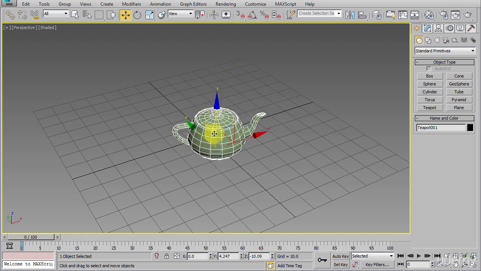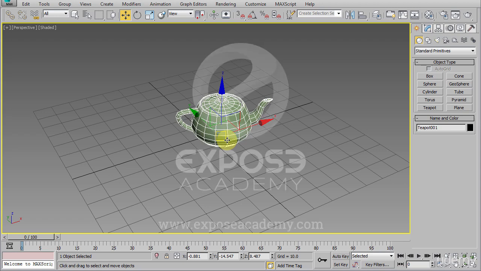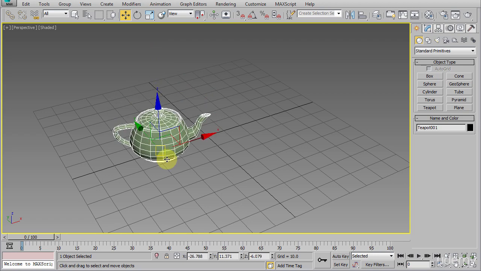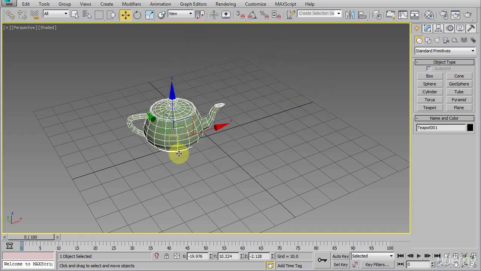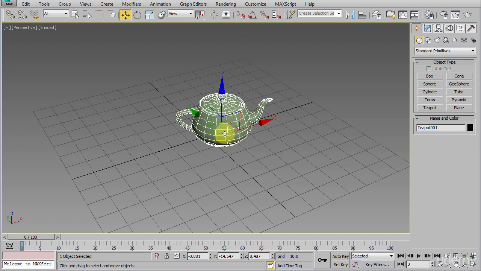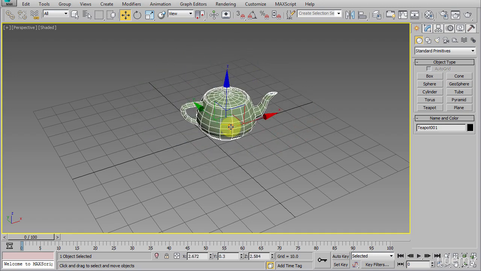Before we move on, notice there is a small rectangle in the center of the gizmo. This rectangle is actually used to constrain the movement to a plane, but it's not using any of the axes. Instead, it uses our eyes, or rather the orientation of our virtual camera in the viewport, as the movement plane, sometimes referred to as the screen plane. Using this rectangle, we'll move the object freely relative to our view or our screen orientation.